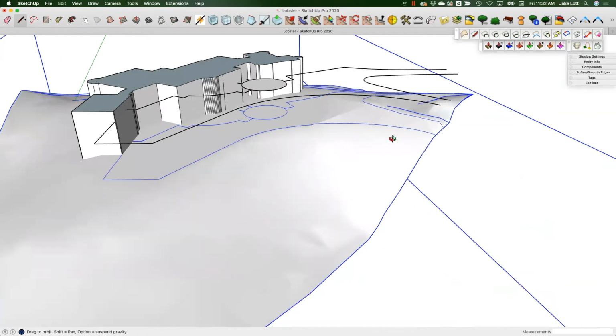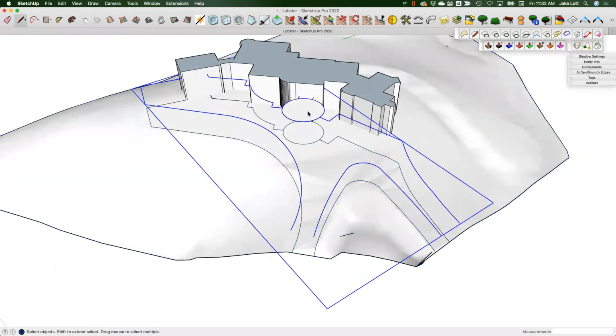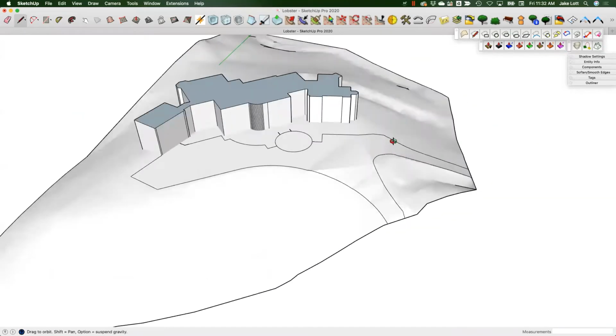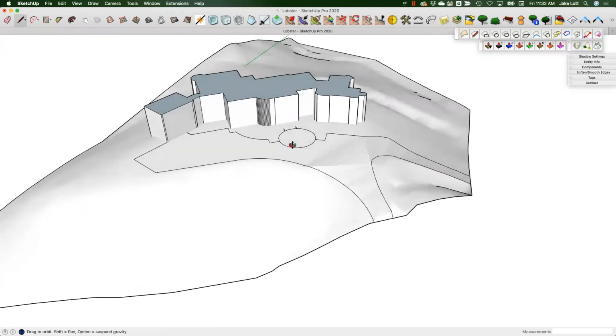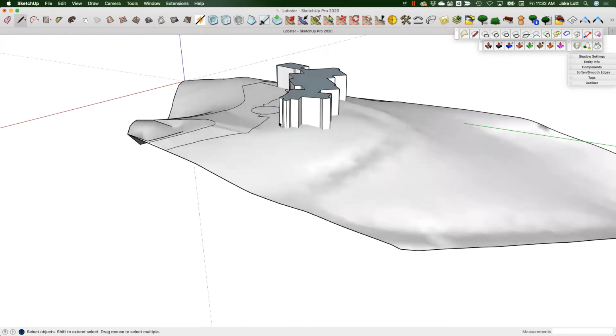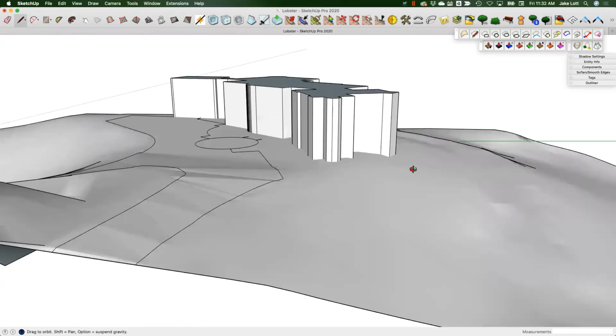So we can keep with the terrain, and let's just say delete that one now, and we know exactly that's how it's going to work, right? So these are the kind of quick tools that we can start doing just to get the basic level